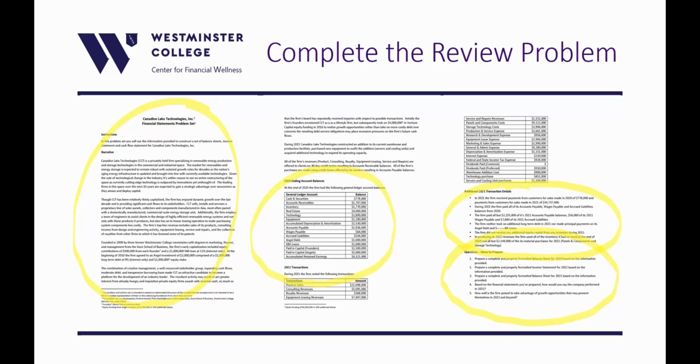If you do not receive at least a 70% on the review problem, then one of the instructors in the course will reach out to you and help you identify the problem that you appear to have had, help you correct that problem, and then give you an opportunity to take that review problem or one similar to it yet again so that you can have the opportunity to receive the 70% and move on.